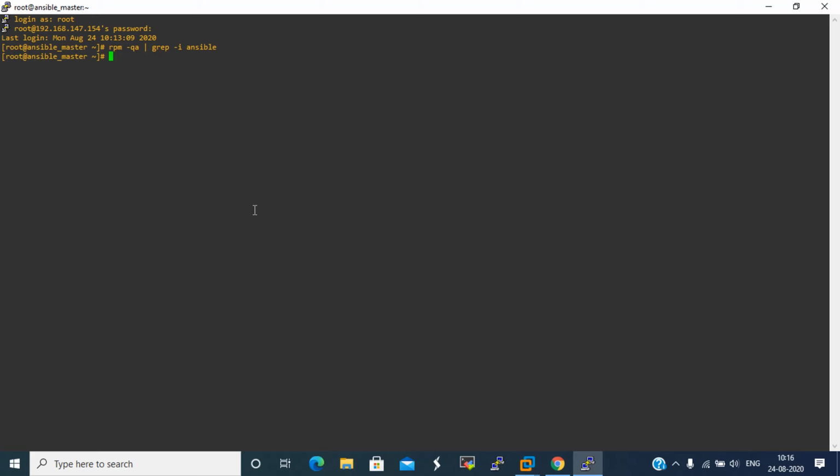We are using CentOS 7, and the Ansible package is not present in the CentOS 7 repository. So we have to install the EPEL repository. First we will install the EPEL repository and then install the Ansible packages.